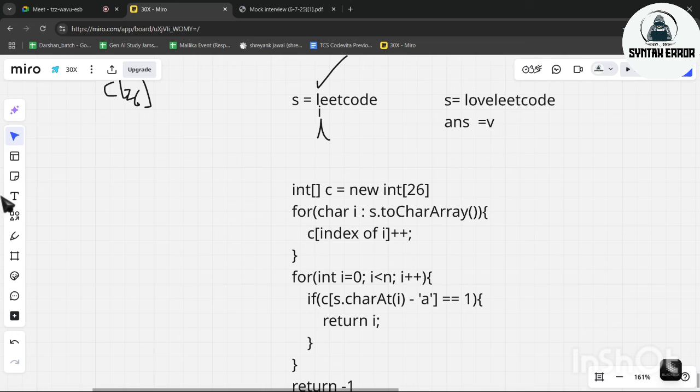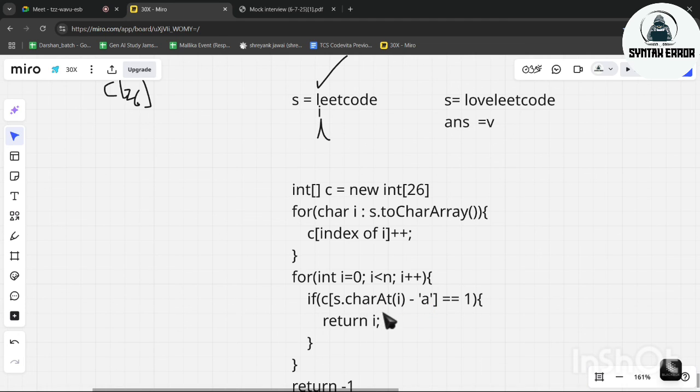So to take that L, here I have not changed it into an array. Here I have kept it as a string. That's why, if we keep it as a string, how do we access it? charAt(i) minus a. Suppose we write s dot charAt of the ith index of s. What's the character at the ith index of s? We have L, so this function will return L. What is L minus a?